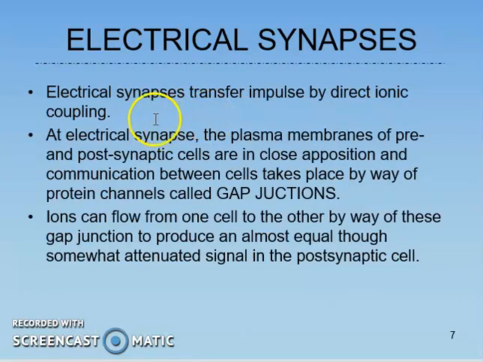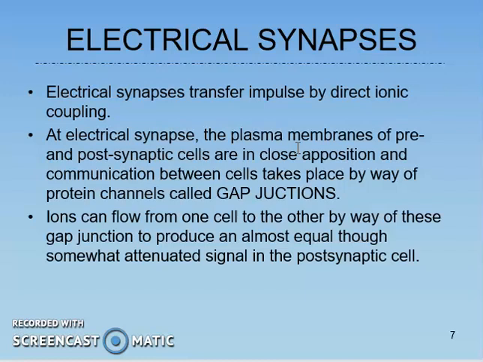Now let's elaborate on electrical synapses. Electrical synapses transfer impulse by direct ionic coupling. That is, ions will be transmitted from one neuron to the next neuron directly by connected ion channels. Now at electrical synapse, the plasma membrane of pre and postsynaptic cells are in close opposition. They're very close to each other, and the space between them is just a few nanometers,